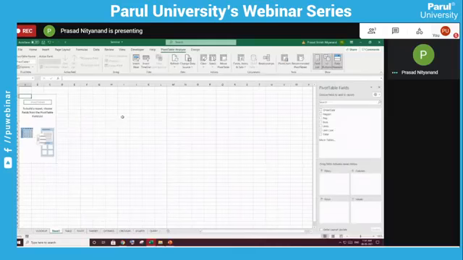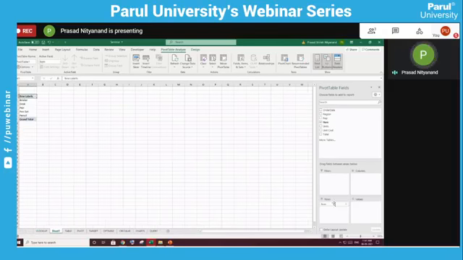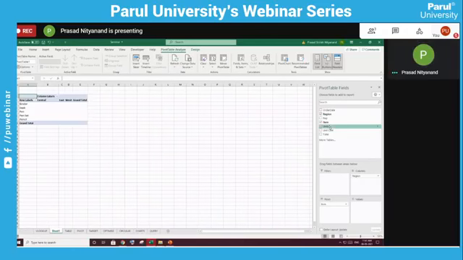Okay, so this is how we create a pivot table. These are the rows, columns, and sigma values. Sigma values is nothing but the values. Item I will put in rows, Region I will put in columns, and this cost I will put in sum.